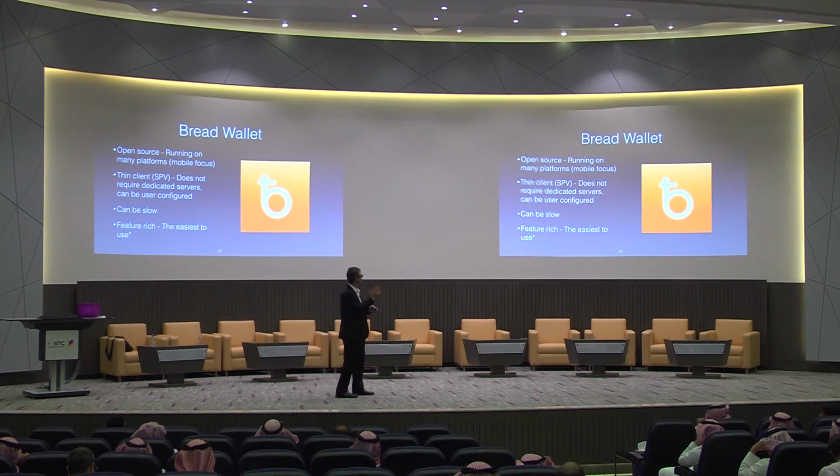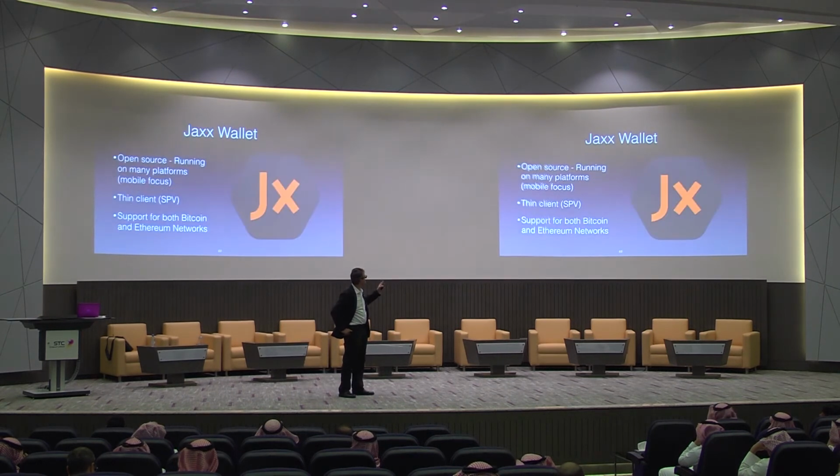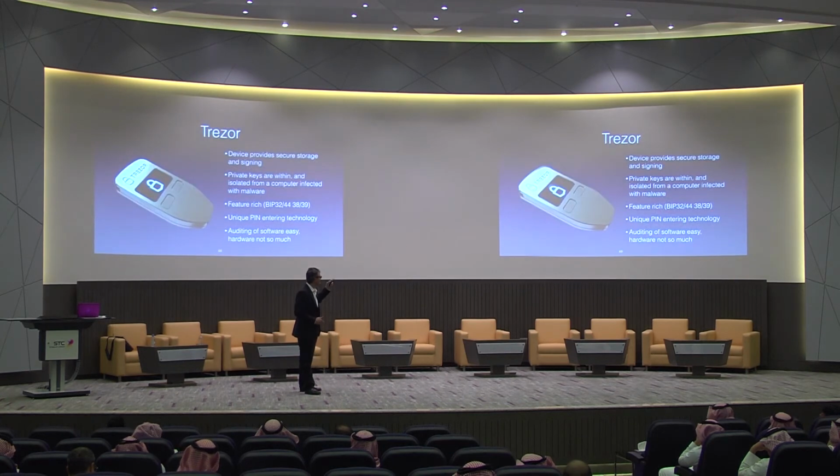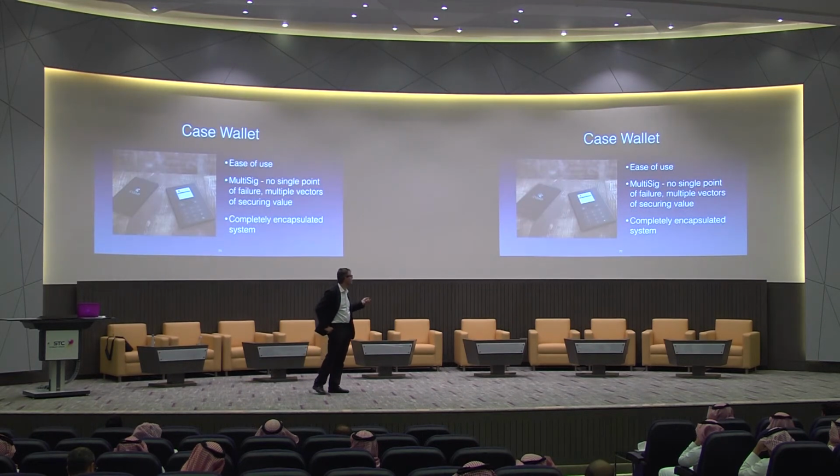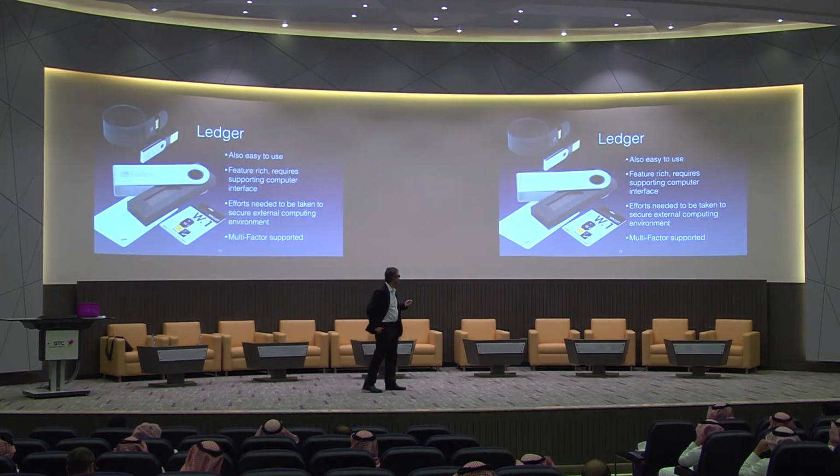We're going to do that. Bread wallets, and there's some bunch of other wallets here, everybody. Jack's wallet is a very powerful wallet. It's a very, very interesting and useful wallet. This one takes a lot of different types of coins: Zcash and Monero, I think, and Ethereum and Bitcoin and Ethereum Classic, and some other hardware wallets, lots of interesting features here. The Keep Key wallet, the Case wallet's been around for a while. Ledger out of France, doing some very interesting things with this particular wallet. Lots of programming tools with this one particular